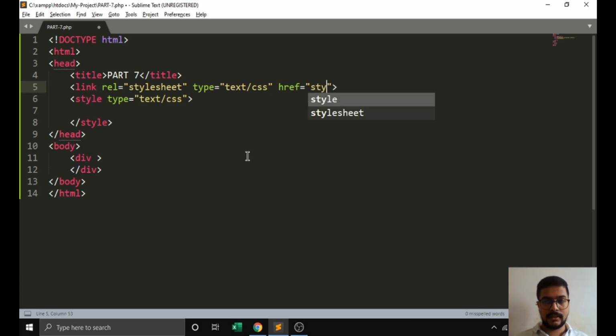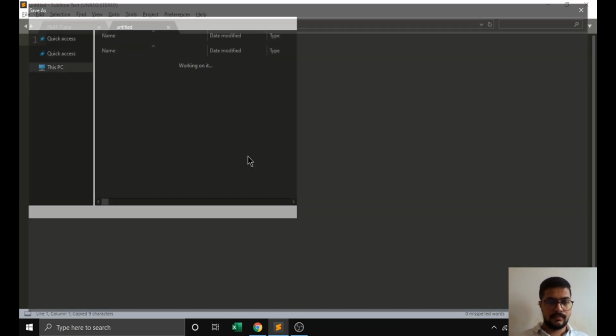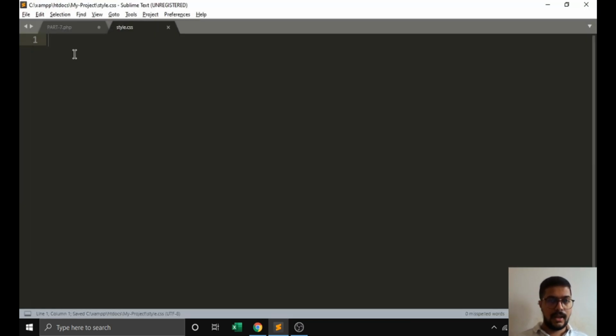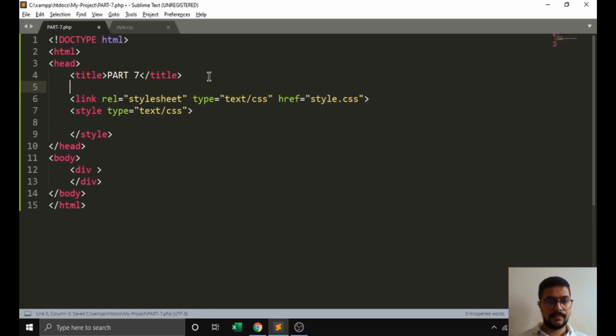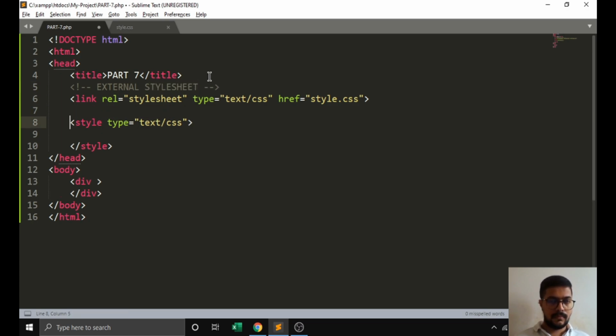We can create a style.css file and apply it with this link. This is called an external style sheet, and this is called an internal style sheet.